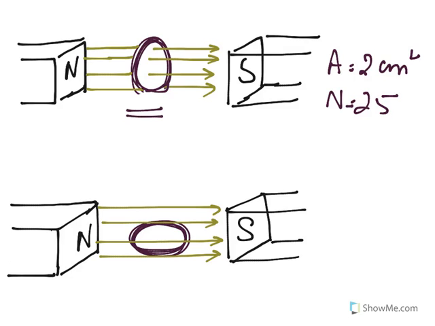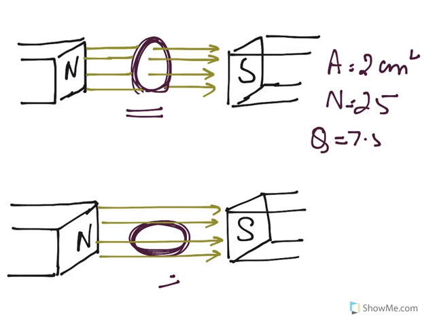This is the first position, and then quickly snatched out of the field region. Equivalently, one can give it a quick 90 degrees turn to bring its plane parallel to the field direction, just as this. The total charge flown in the coil measured by a ballistic galvanometer connected to the coil is